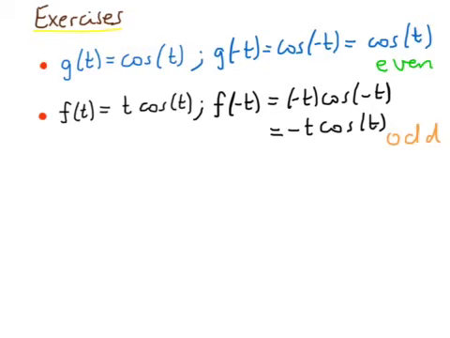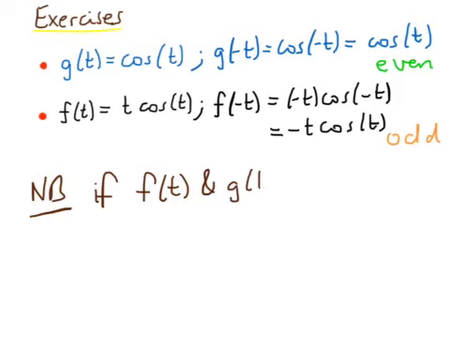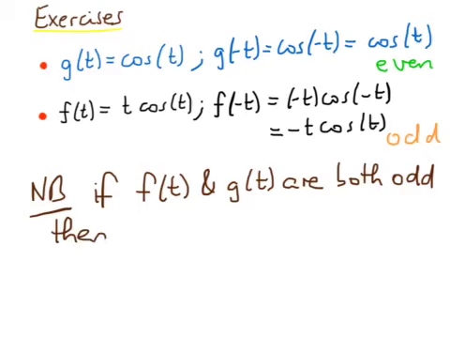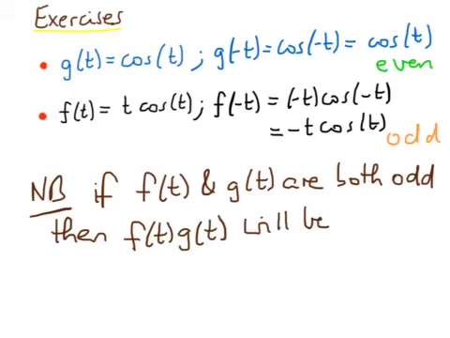And it's worth noting that quite generally, if we have 2 functions, f of t and g of t, that are, let us say, both odd, then f of t multiplied by g of t will be even, and the proof of this argument